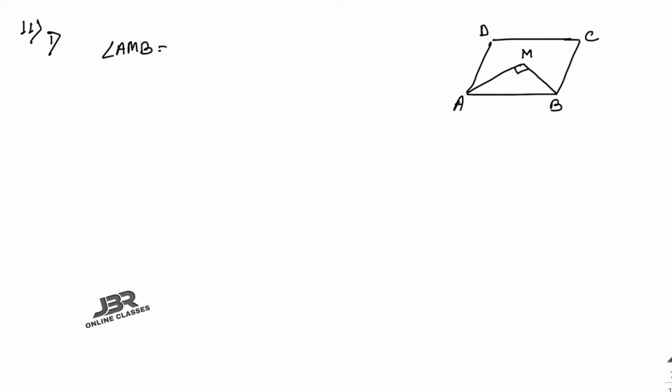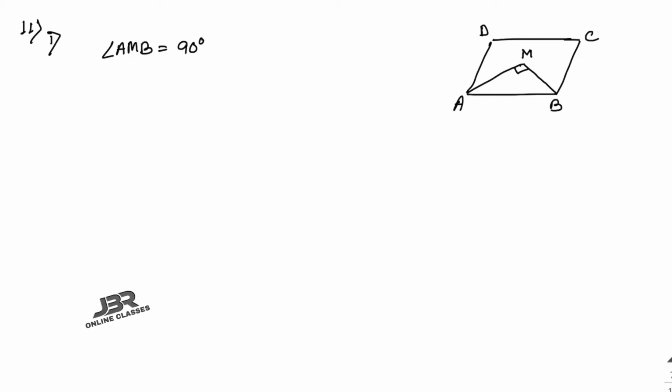So that means first you have to draw a parallelogram. Okay, so write here ABCD as a parallelogram. Now the bisectors of any two adjacent angles. Suppose here A and B are the adjacent angles. So here is the bisector of A and this one is the bisector of B. Here the intersecting point is M. We have to prove that this angle equals 90 degrees, that means angle AMB equals 90 degrees. You have to prove this one.